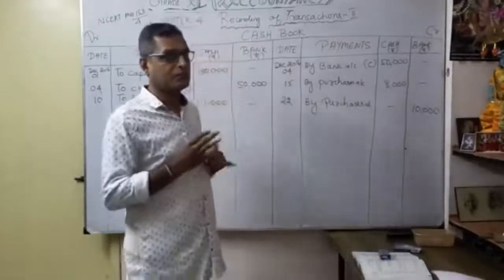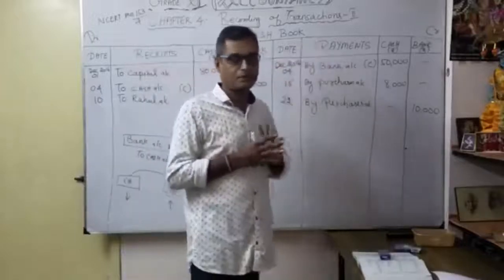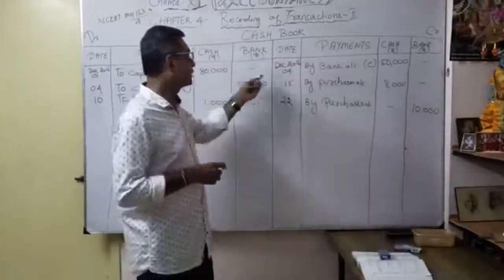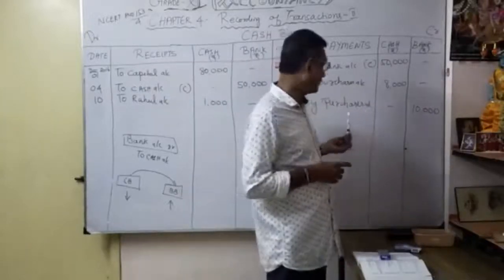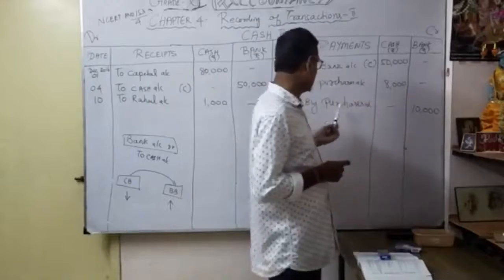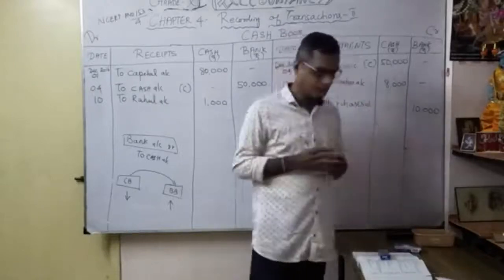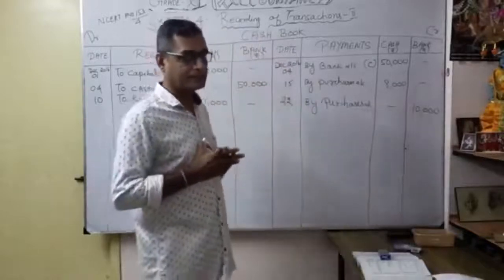That is for the ledger. Here we are going to discuss only the cash book, a special purpose book, the double column cash book. You should be very careful. I purchased through check, that's why I wrote it here. Here I purchased through cash 8,000. Here, by purchases account 10,000. Be very careful whenever there is a cash and bank transaction.